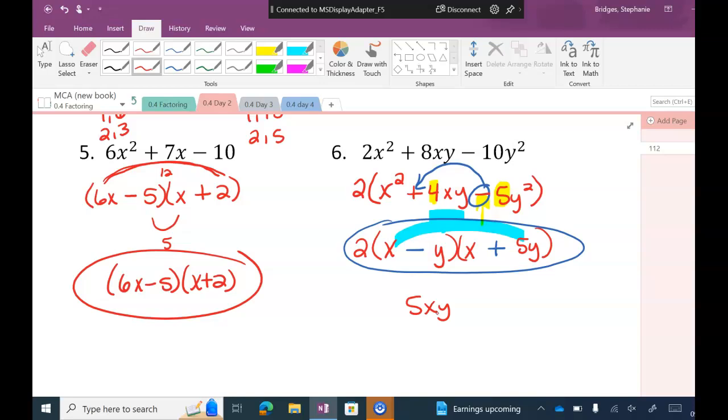Think about like multiplying this out in order for it to